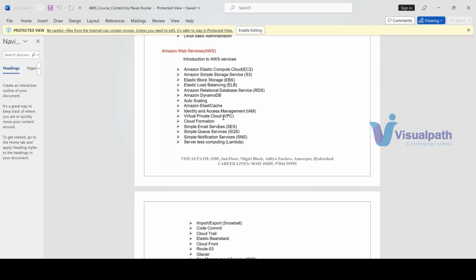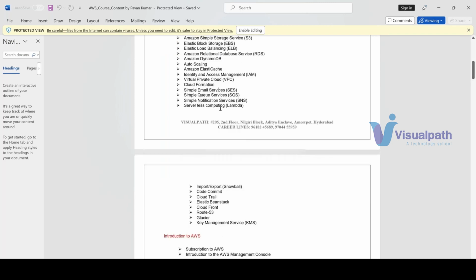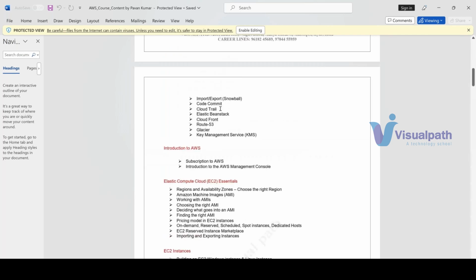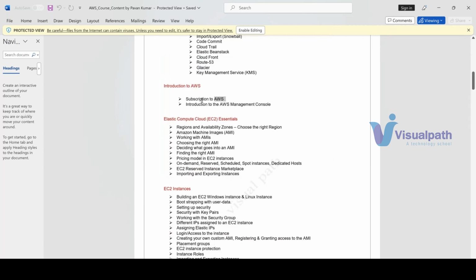So various services have been provided by AWS, but we need to understand what we are going to focus on in this course. We are not going to focus on all the services in this course, but whatever is needed for the infrastructure as a solutions architect, we need to focus on that. All right. And then we talk about the introduction. How do we get the subscription, and how do we get into the console? How do we interact with AWS? We will talk about that. Then we will talk about